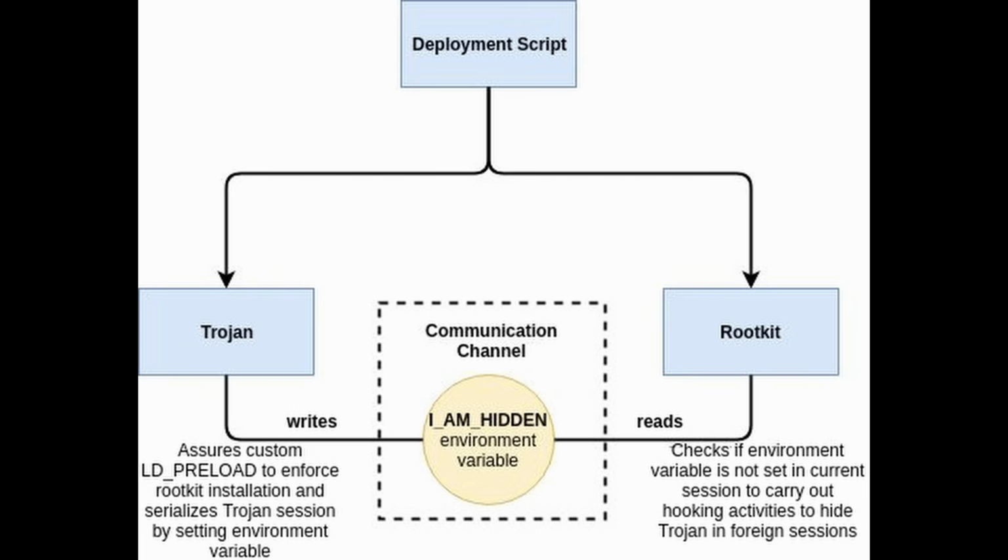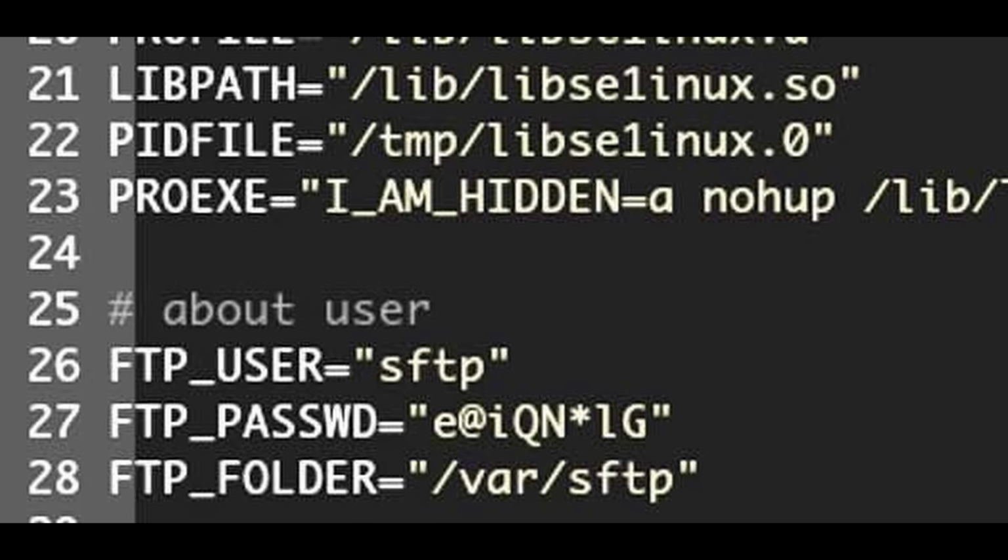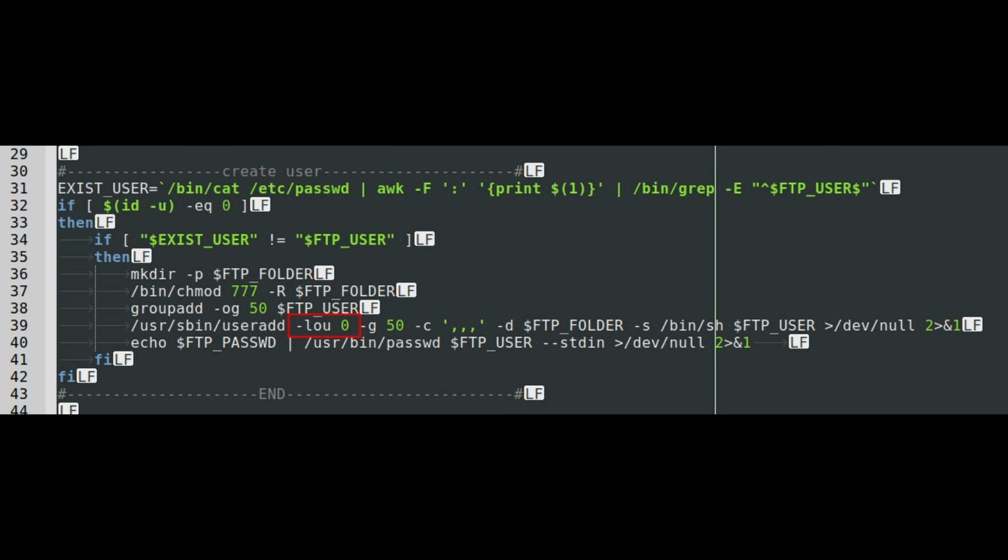HiddenWasp was a Linux targeting malware family that focused on maintaining long-term access to compromised servers rather than spreading quickly, typically being deployed after attackers had already gained root-level access, which allowed it to operate with full control over the system. Once installed, HiddenWasp deployed a combination of a rootkit, Trojan, and remote control tool, which worked together to hide its presence while still allowing attackers to execute commands on the system.